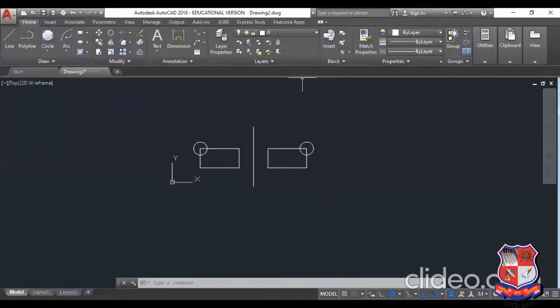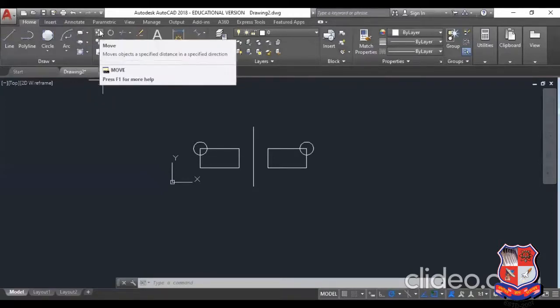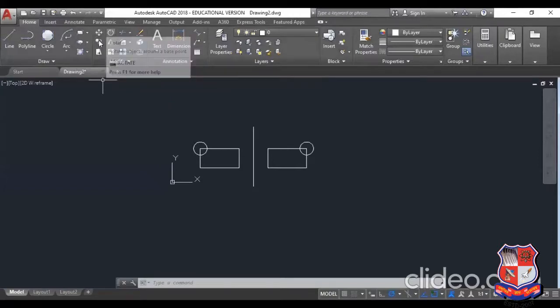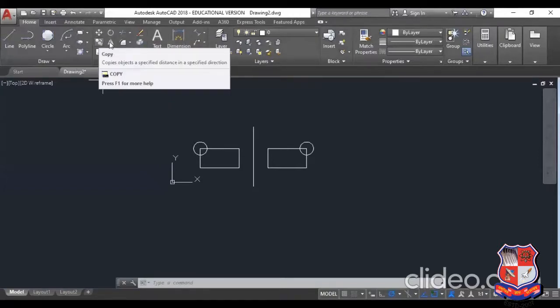Okay, so here we will stop this topic. We have learned the drawing command polygon, and we have seen the three options to create an ellipse or elliptical arc. We have seen the modify commands from the modify panel: move, rotate, copy, and mirror.